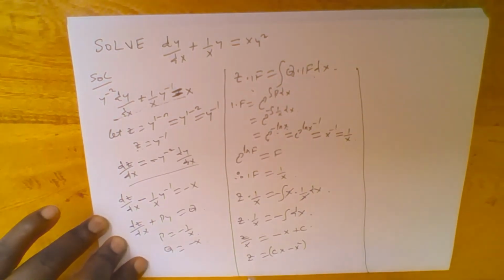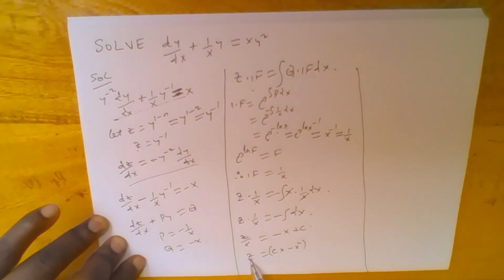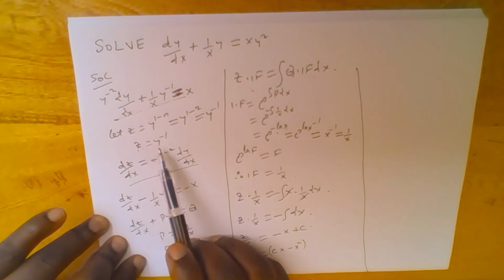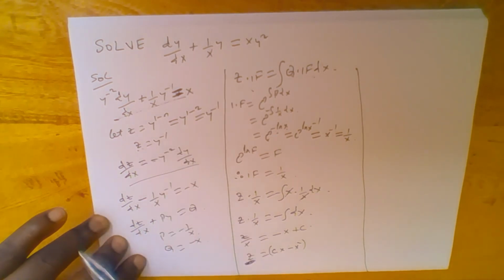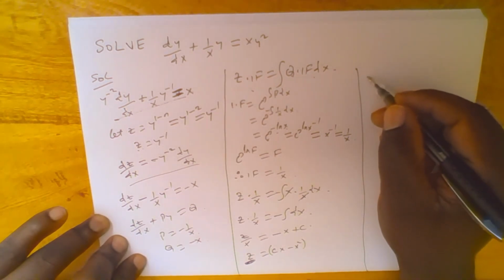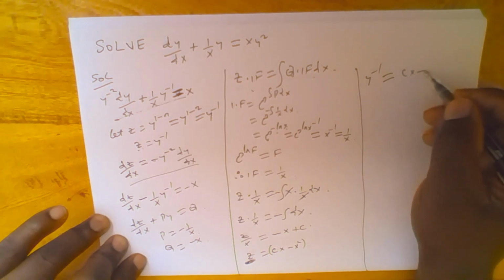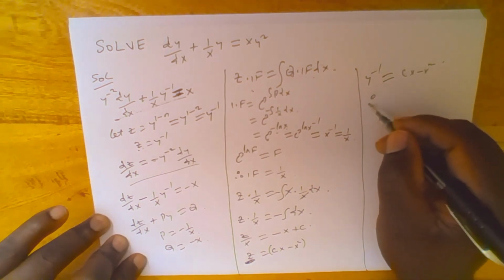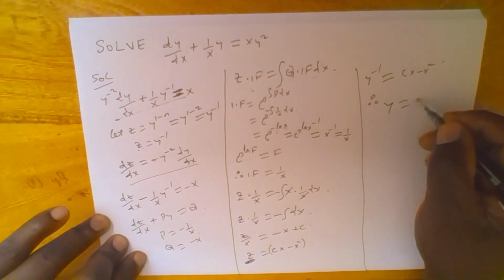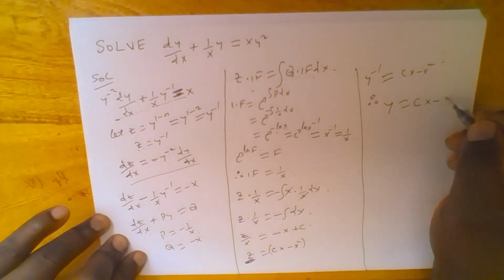But in our equation we didn't have z, we just introduced z to enable us solve this equation. So we go back and substitute z. Remember, we had said that z equals y raised to negative 1. Therefore, we shall say that this equation is y raised to negative 1 equals cx minus x squared. Therefore, y will be equal to cx minus x squared raised to negative